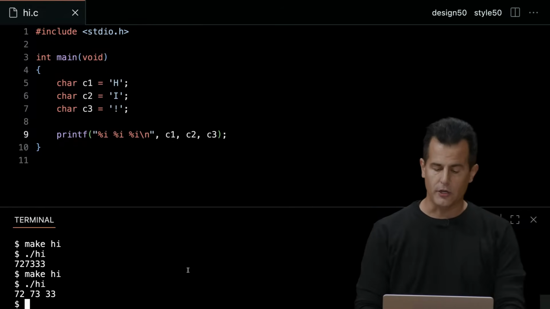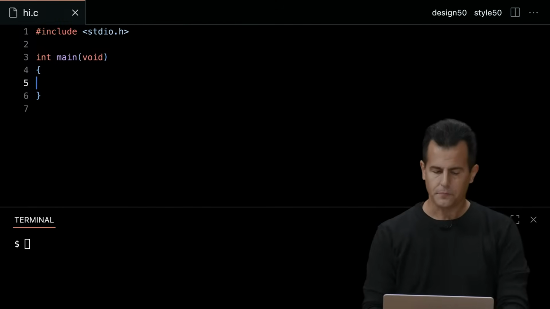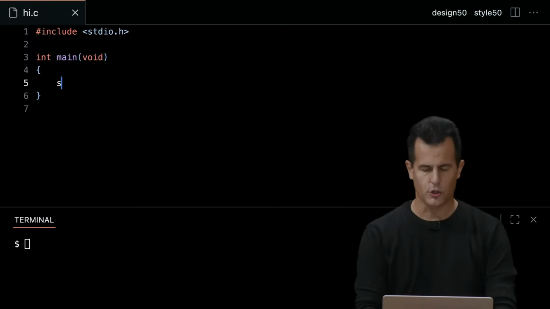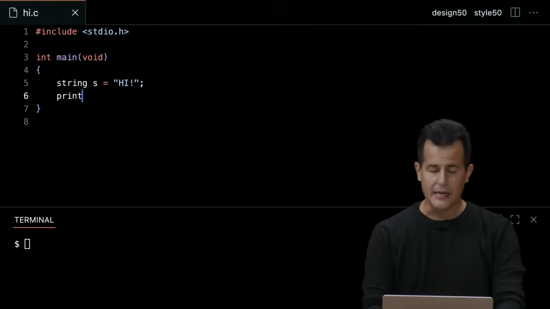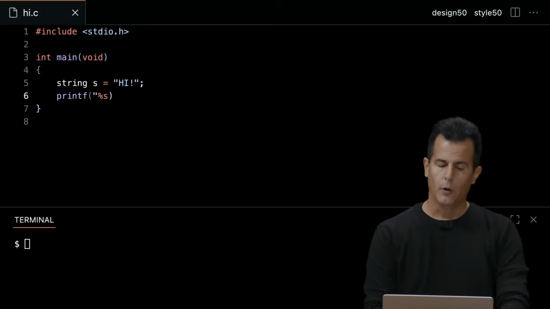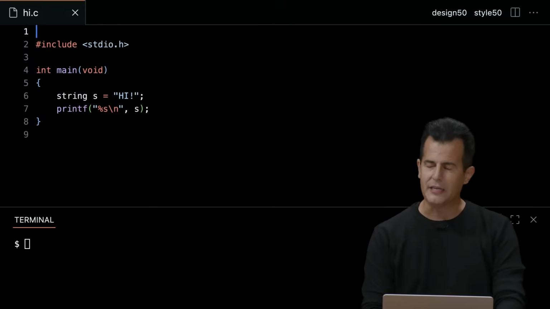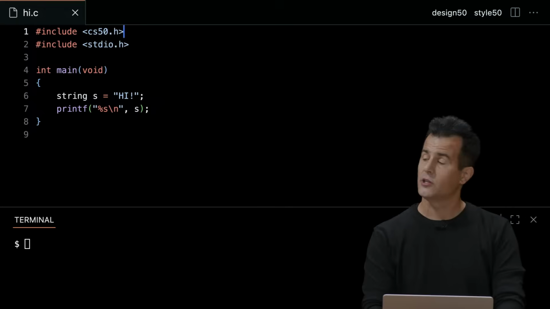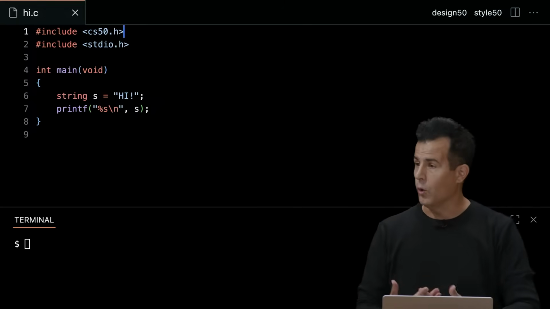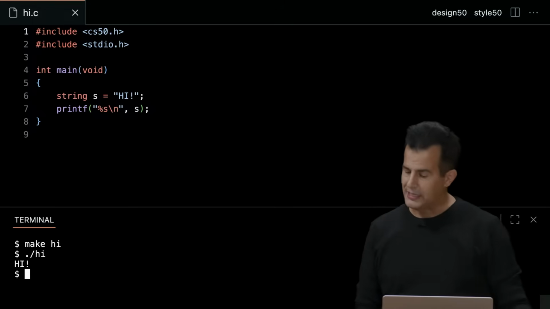So I'm going to go back to VS Code here and clear my terminal. And I'm going to go ahead and delete all of this code here for a moment. And I'm going to do something like this. String s equals quote unquote hi with double quotes now. And now, just like in week 1, I'm going to print out %s \n and print out the value of s. Per earlier, because string is technically one of our training wheels for just a few weeks, I'm going to additionally include cs50.h at the top so that the compiler knows about what this word is, string. All right, let's go into the terminal, make hi, ./hi, enter, and we're back in business, printing that out now